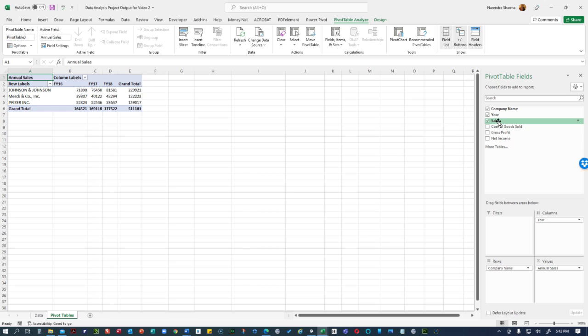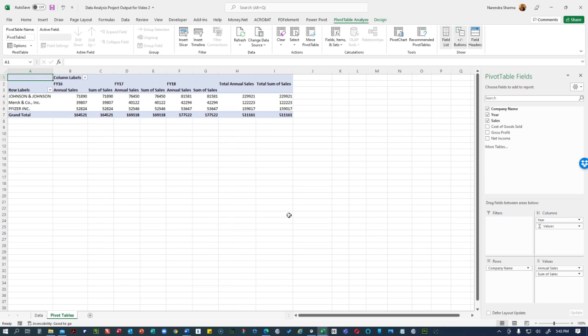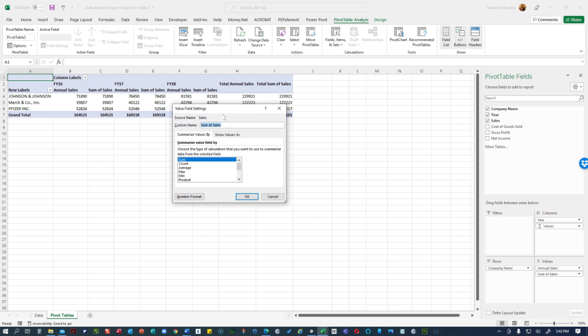So you're again dragging the sales, select it, drag it down to the summation value. Now, in the summation value, what we want is to rename it as percentage different from previous year. So click the downward arrow, select value field settings, and in the name field you are going to type